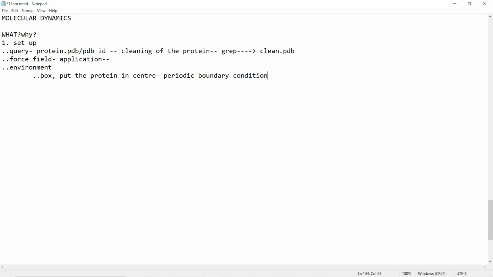None of the entities of your protein should touch the boundary of the box, because we don't want that whenever the system is applied with some temperature, pressure, or any kind of constraints, the protein should diffuse out of the box. We want everything to be constrained within the box. That is why we keep a periodic boundary condition, which will not allow the protein to touch the boundary of the box. This is the first condition.